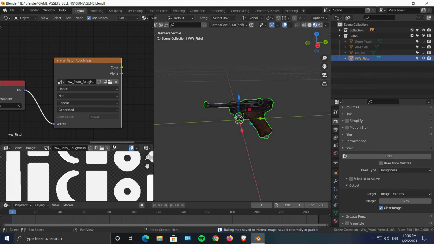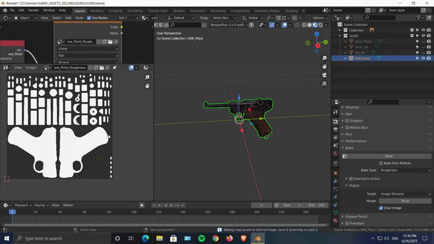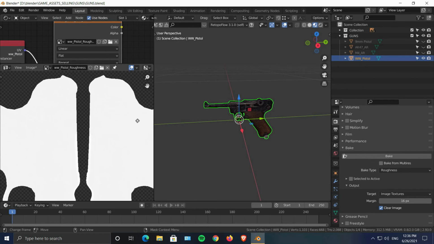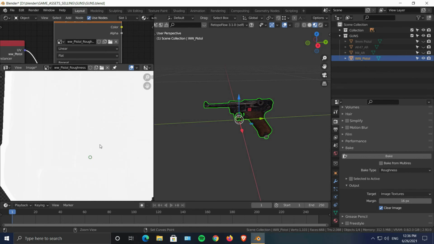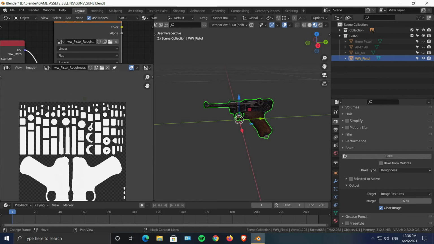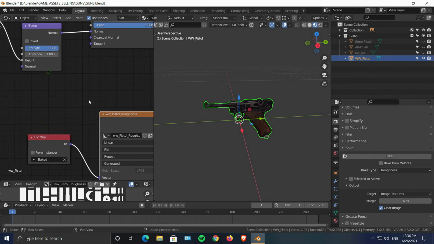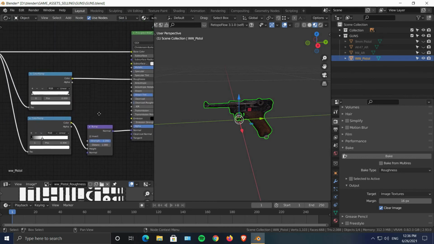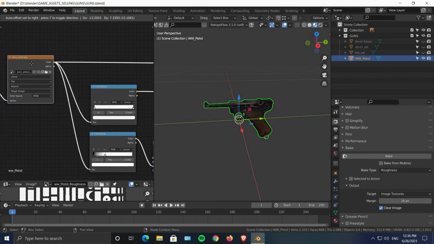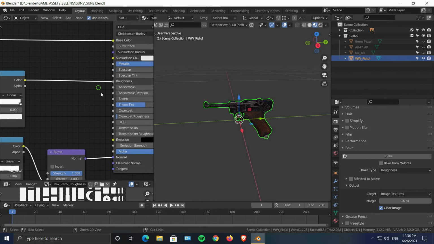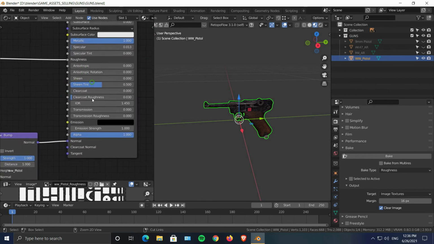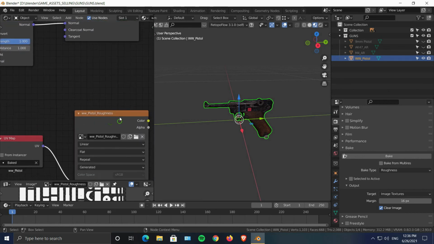Once you do that, your roughness map will be baked over here. But as you can see, I have really slight roughness changes, so I don't think that's very useful. But if you have a nice roughness, then go for it. I just plugged my original image with the color ramp and then plugged it into the roughness. So yeah, I'm done with this image texture.